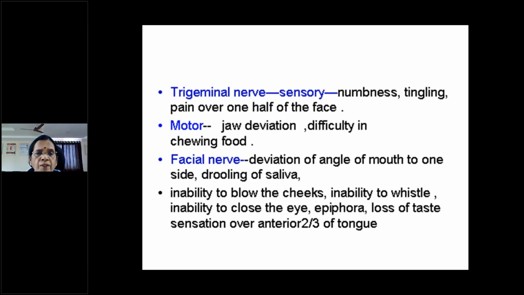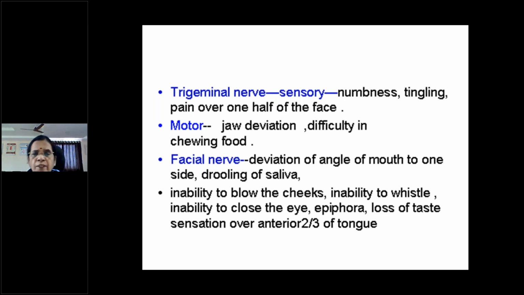And the next important cranial nerve, the common cranial nerve which is affected in a CVA, is the facial nerve. So everybody should know about the facial nerve: where it is originating, where it is distributed, and the nerve root supply. I'll tell you in detail later about the facial nerve, its pores and other things. And is it upper motor or lower motor? By history itself you can make out.